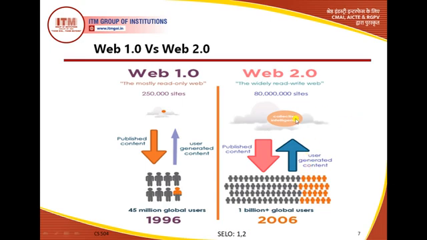And mostly the most important definition is read-write. The widely read-write web was supported in this, which means the user was actually able to use any particular writing application, or we can say the user could upload so much data, which was not possible in the previous Web 1.0. Only published content was there, and data downloading was